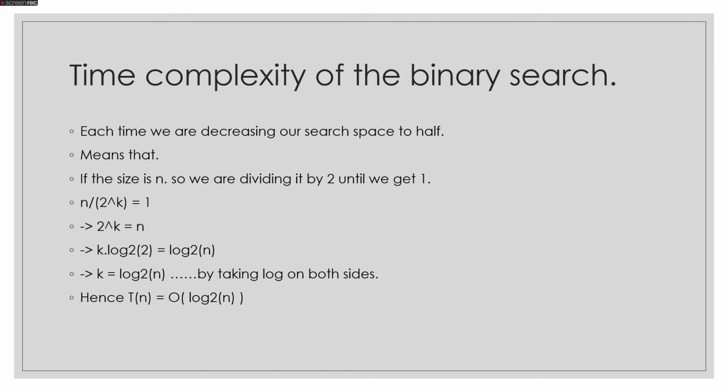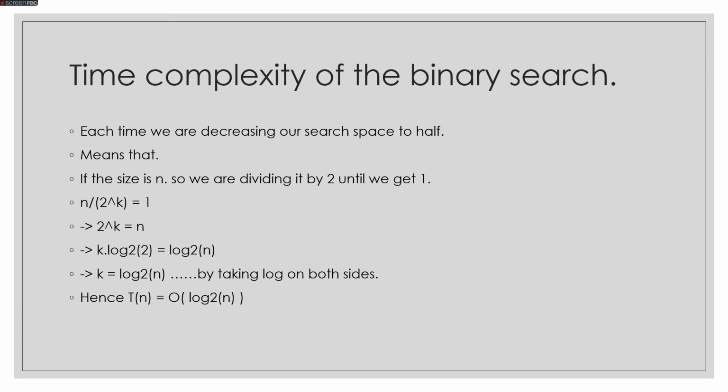Means eventually we can say that we are decreasing the search space by half during each iteration. So if the size of the array is n, we are dividing it by 2 until the size becomes 1. So why does the size become 1? Because when we implemented the code of the binary search, we saw